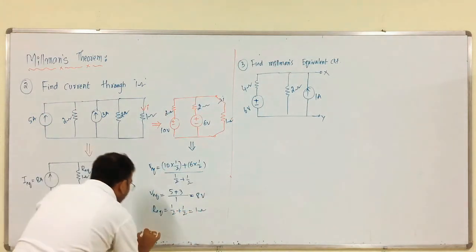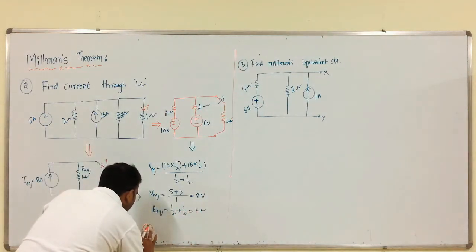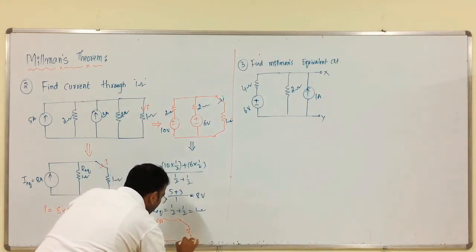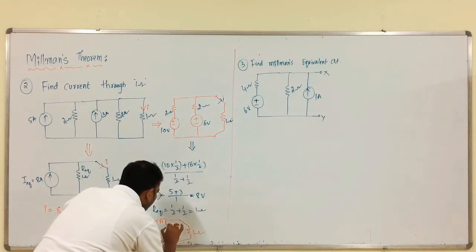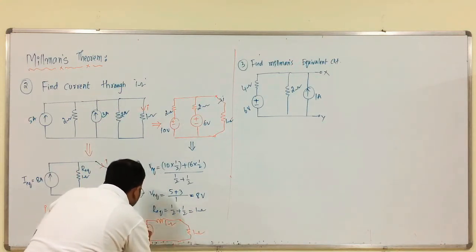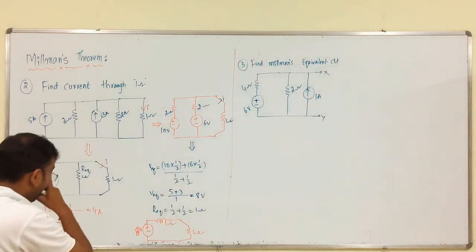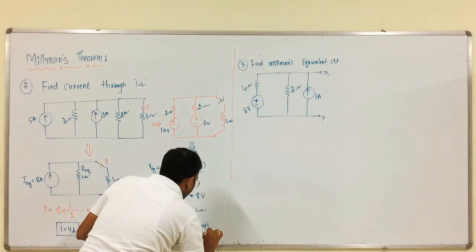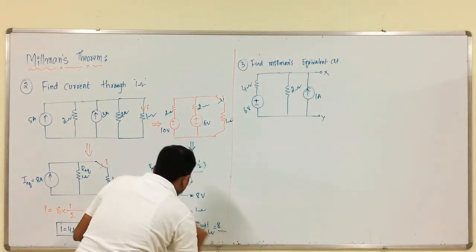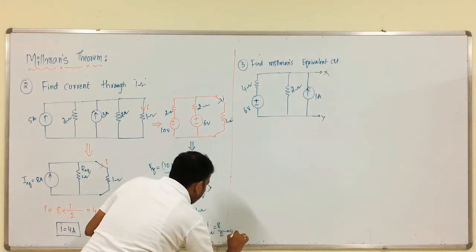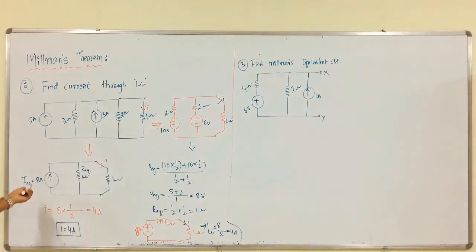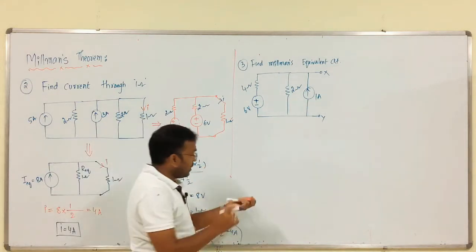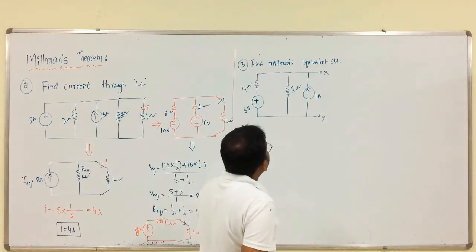1 by 2 plus 1 by 2, which is equal to 1 ohm. Therefore, the equivalent circuit is what? Plus minus. We have a load. This is 1, this is also 1, this is 8, this is 8, right. From this, the current through this branch is nothing but what? The current through the 1 ohm branch is nothing but 8 by 1 plus 1, 2, which is equal to 4 amps. See, from this method or from this method you will get the correct answer. Next, this one: find Millman's equivalent circuit.